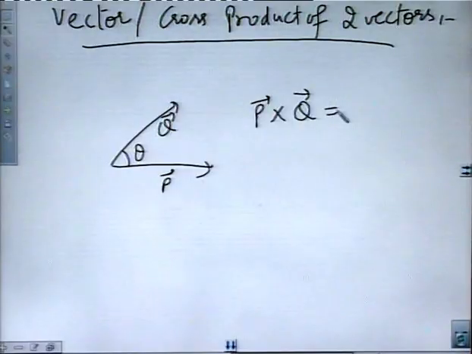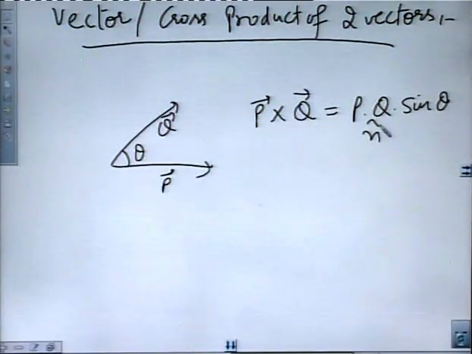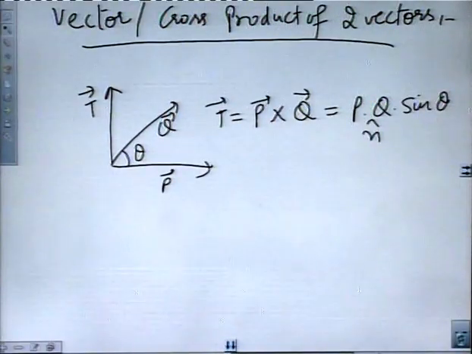This will be equal to p into q into sine of theta and a unit vector n cap, which is perpendicular to both p as well as q. The result of p cross q is equal to t vector. The t vector is perpendicular to both p and q. The direction of t vector is given by